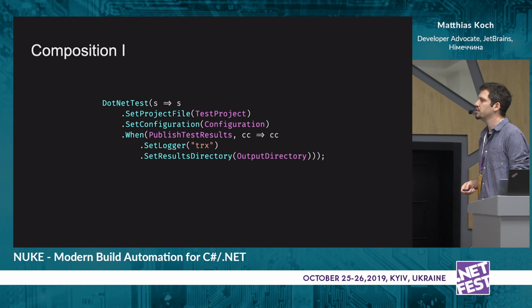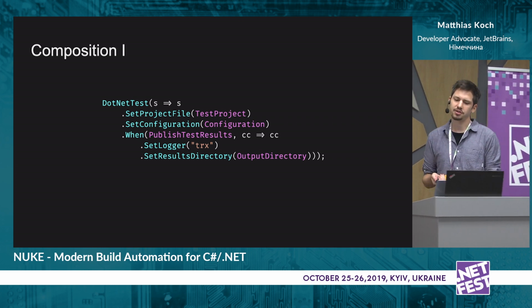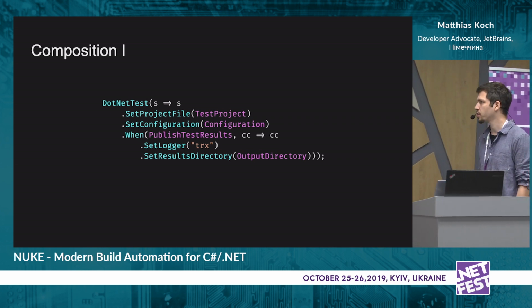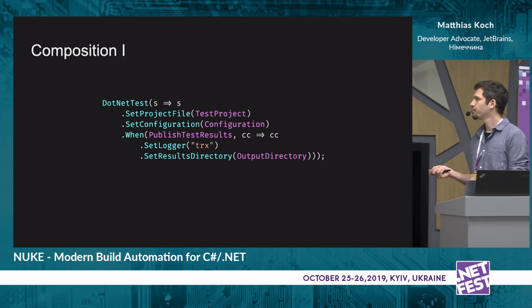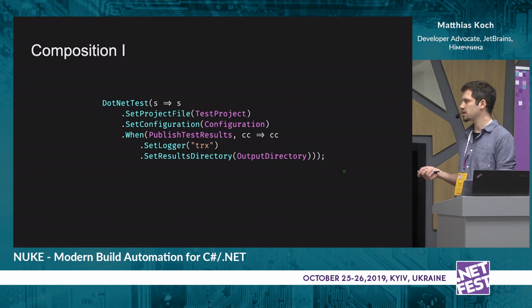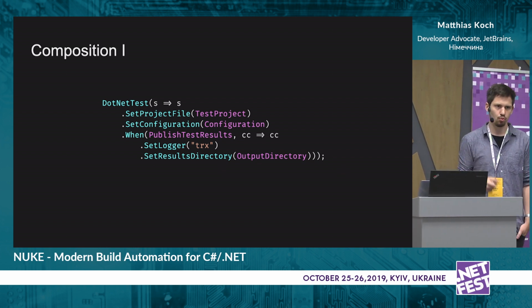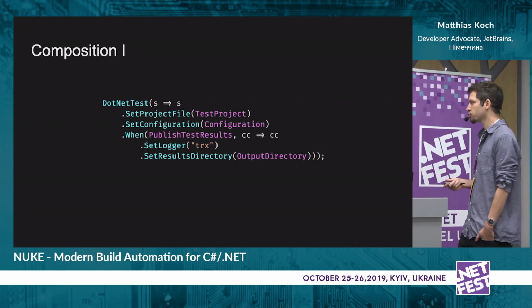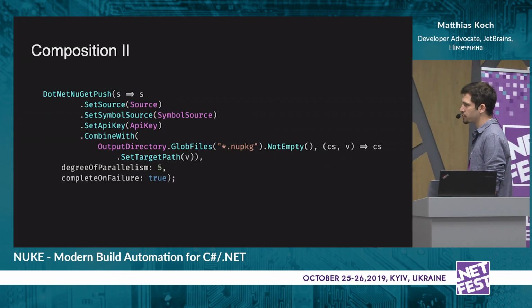Here's one thing why this Fluent API can be of very great help. This publish test results property is a Boolean. And now we can fluently, with the .when method, say that only when this is enabled, we will set the logger and the results directory. So that's one example for composition. Another example for composition,